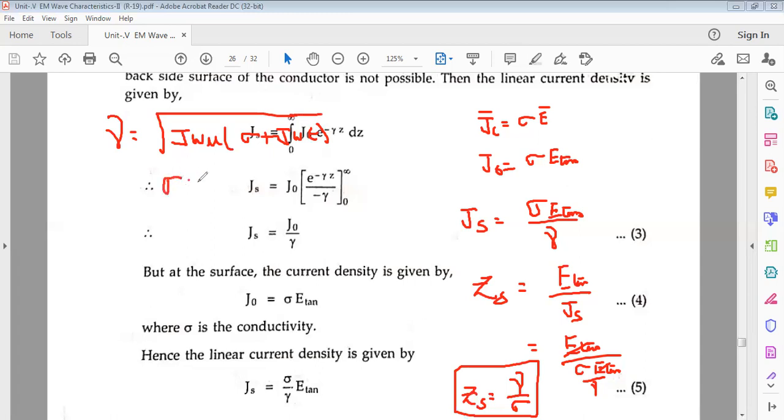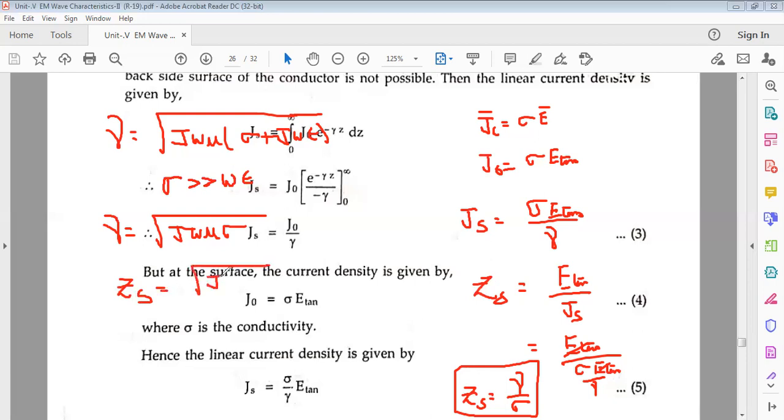As sigma is very much greater than omega epsilon, neglecting the j omega epsilon here, gamma is equal to under root of j omega mu sigma. Okay, I'm neglecting the j omega epsilon here. So we got gamma, then the surface impedance ZS is equal to, I'm substituting the